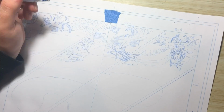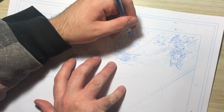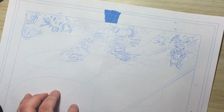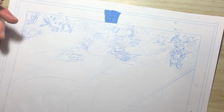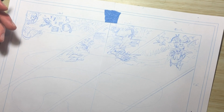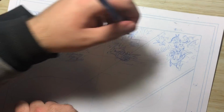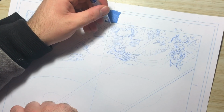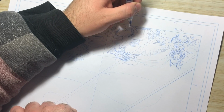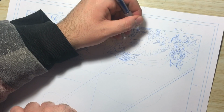Don't know how much I could fit in. It looks pretty big. It's about the size of an A4 page, like both of the pages actually. I hope I can scan it, and it's more than likely possible I'll be able to, but it just seems pretty big at the moment. And yeah, so this will probably be 2 to 3 days' work, or an hour and a half if we're going by the challenge set parameters. I'm also going to be inking this in digital, and probably doing the rest of the inks in digital from now on. And